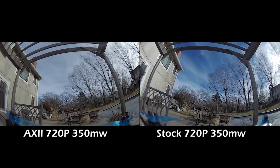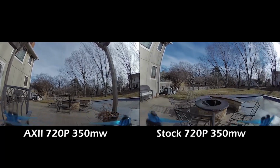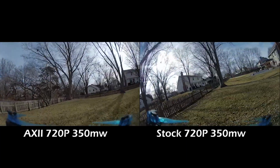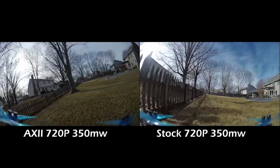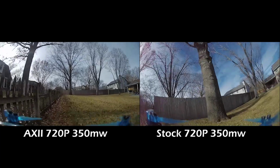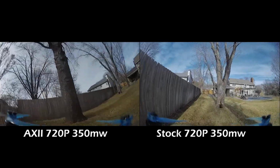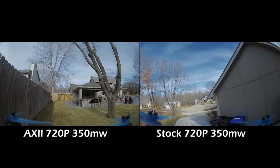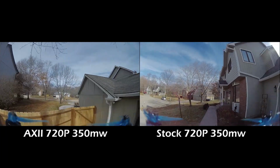Another comparison at 350 milliwatts. So this is the maximum output of the little VTX I've been testing. Quite honestly, I don't have their larger VTX. I'm a micro guy, so I'm really only interested in the VTX that is micro compatible. And because micros are so sensitive to weight, we've got to go with the 1S or the light version of the